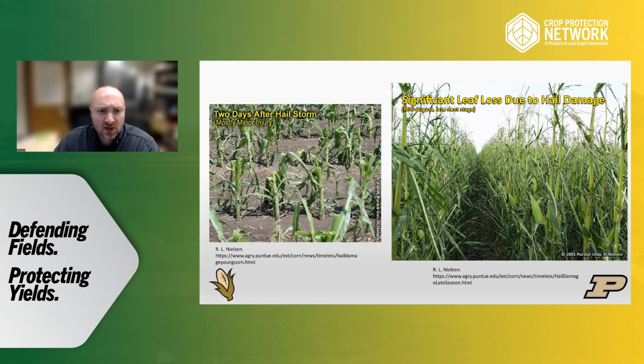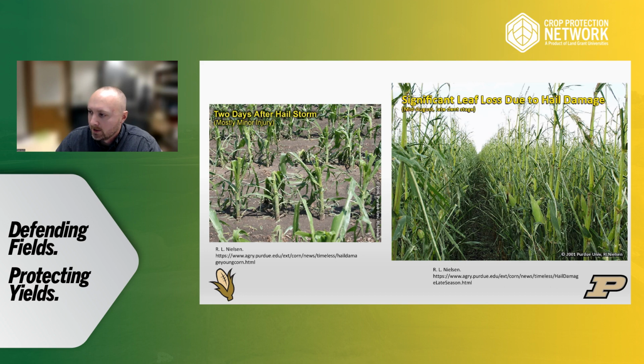I'm going to talk about corn in terms of hail damage early in the season, so when corn is in those vegetative growth stages, but also talk about some of the hail damage that can occur in the later season as well. So the picture on the left is corn that was injured by hail earlier in the season,